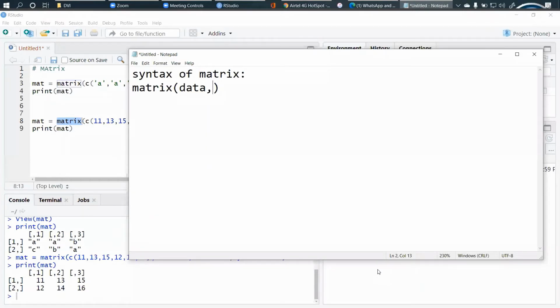Second will be nrow. nrow is the argument which defines the number of rows we want to create in the matrix. Similarly, the third is ncol, which defines the number of columns we want to create in the matrix. Then byrow.